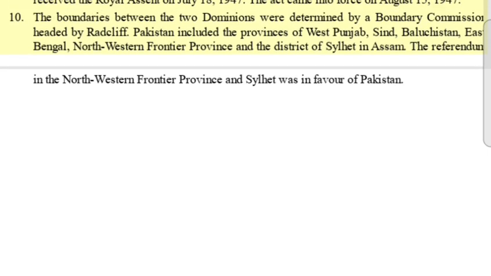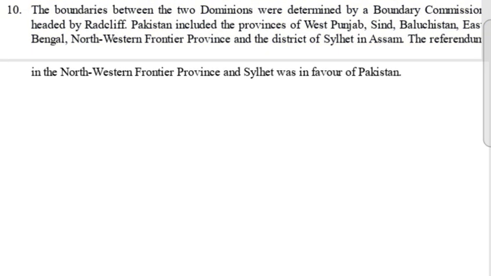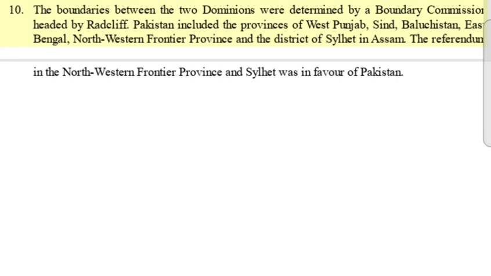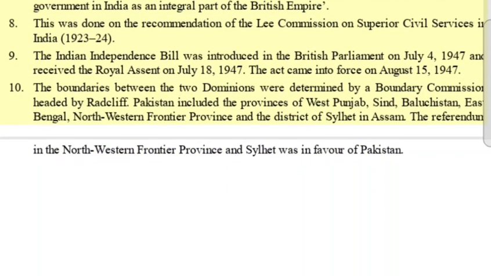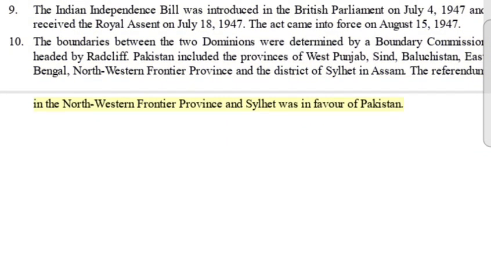10. The boundaries between the two dominions were determined by a boundary commission headed by Radcliffe. Pakistan included the provinces of West Punjab, Sindh, Baluchistan, East Bengal, Northwestern Frontier Province and the district of Sylhet in Assam. The referendum. In the Northwestern Frontier